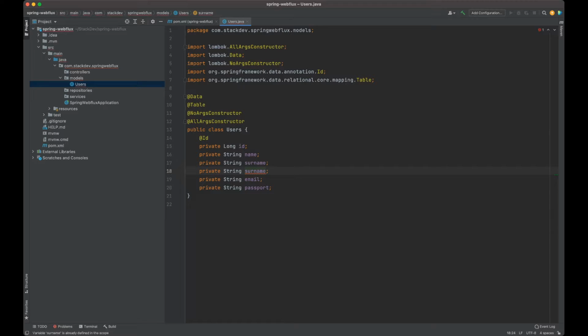So once you have this, you'll be good to go. So instead of surname, here I can just say maybe username, something like that. Once we have this, the next thing that you need to do is make configurations